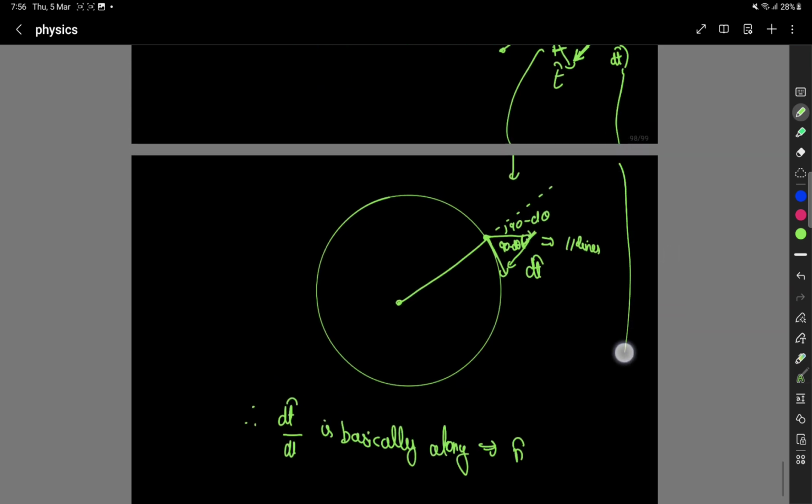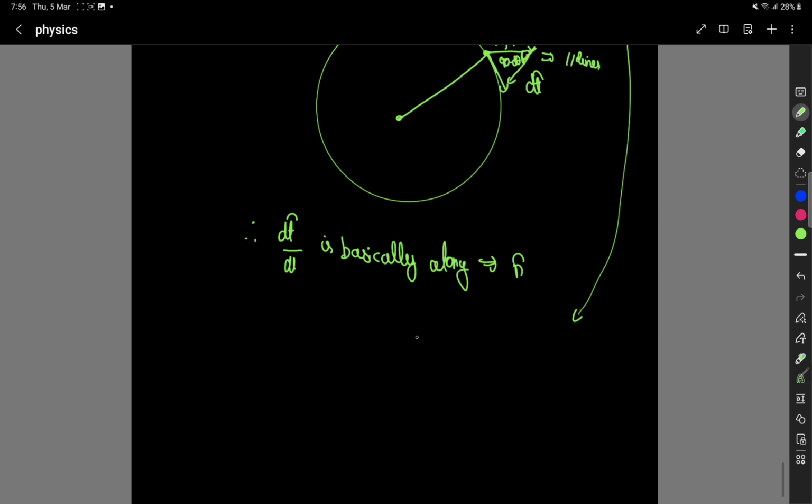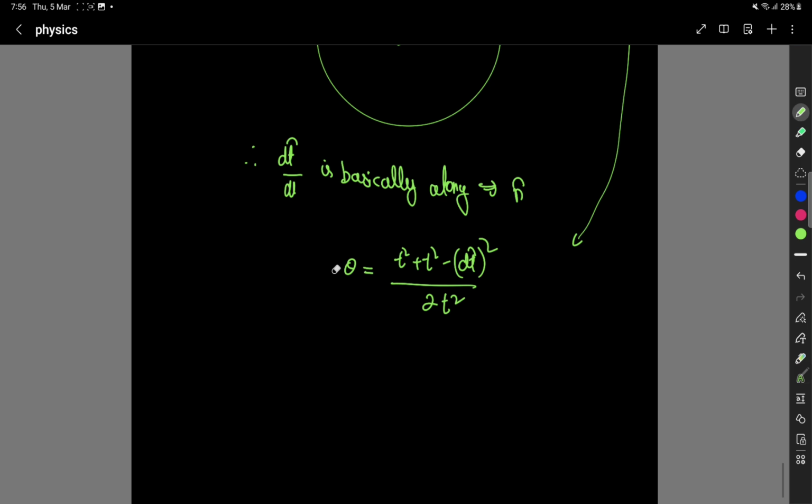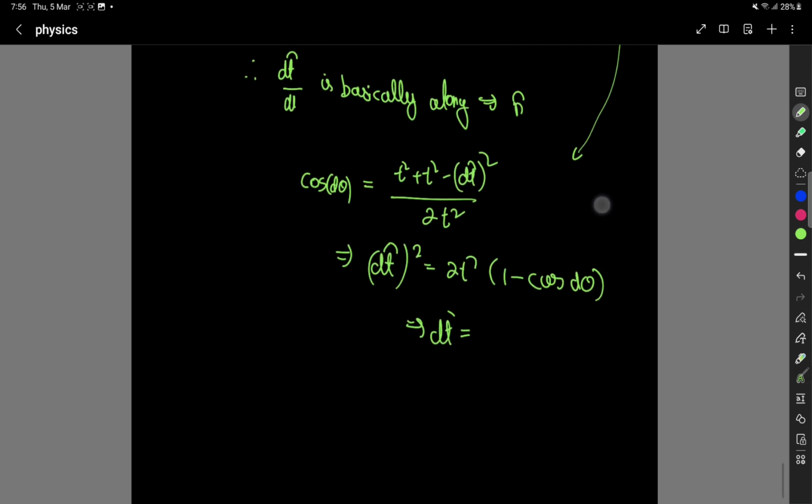This triangle: t square plus t square minus 2t square cos d theta. This implies dt cap whole square is 2t square into 1 minus cos d theta. This implies dt cap is